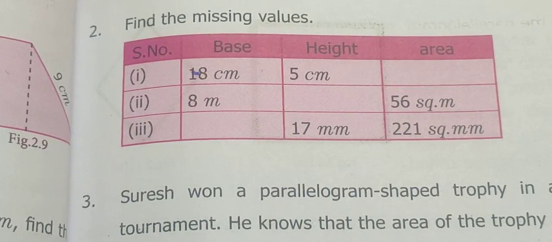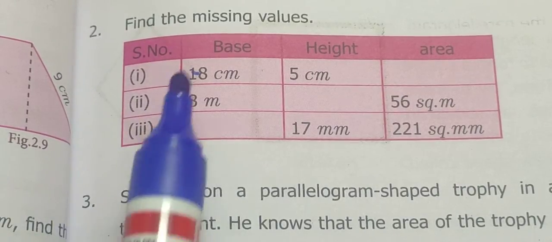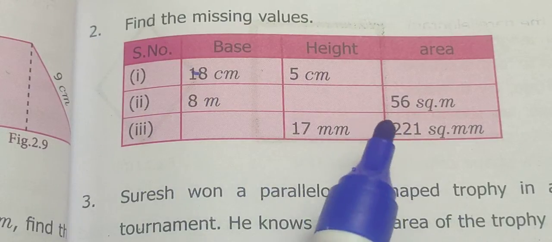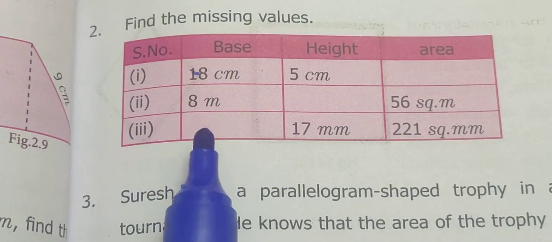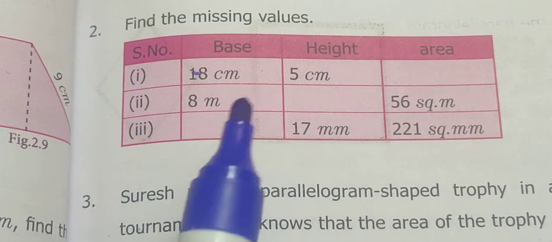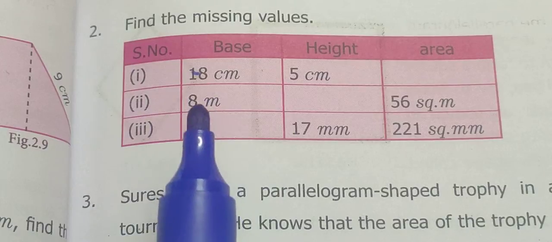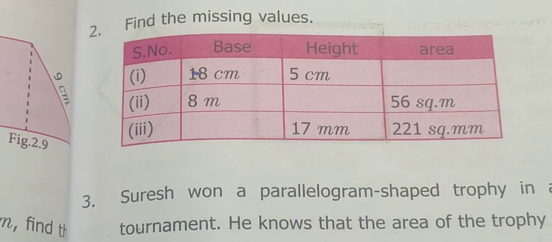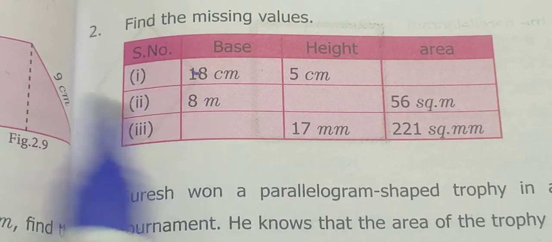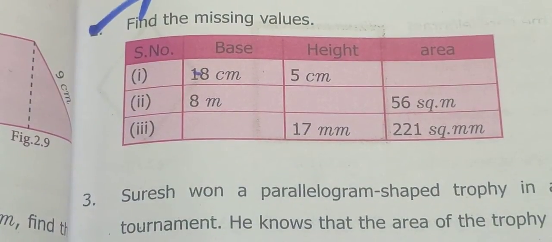Children, so as in example 2.4. The third one is also the same. Height and area are given, we need to find the base. Just keep b on one side and all the remaining constants on the other side, applying all these values in the area formula. Now we will get the base. So the second one is your homework. And see the third question.